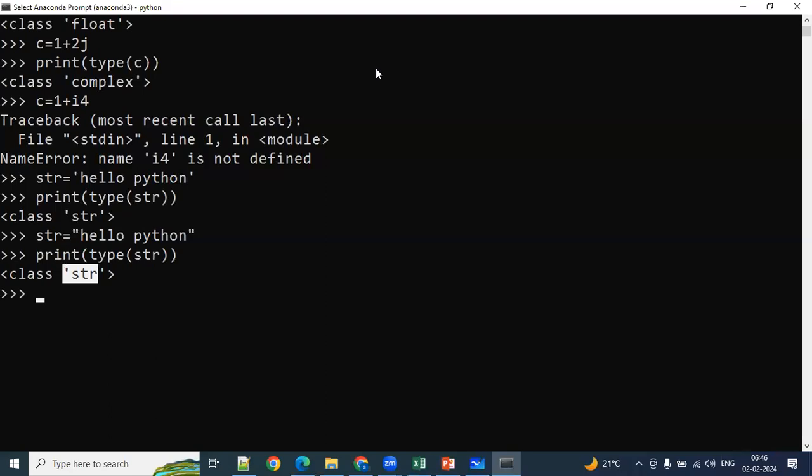Okay, and one more thing I wanted to tell you guys here. Initially, when I represent str equal to hello Python, backend it is going to allocate some memory location, and in that memory location, it is going to store this particular string, right? I can reassign the same string to the str. Or if you try to represent a different string to this str, what will happen? Will it override that object?